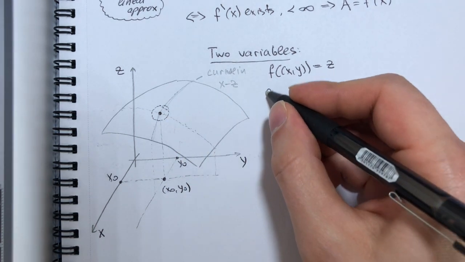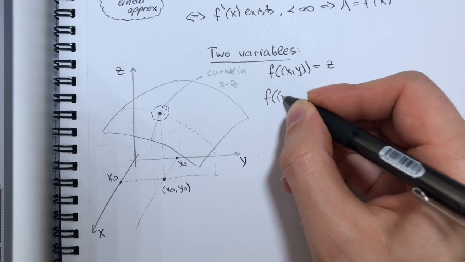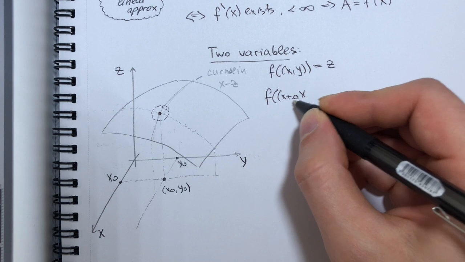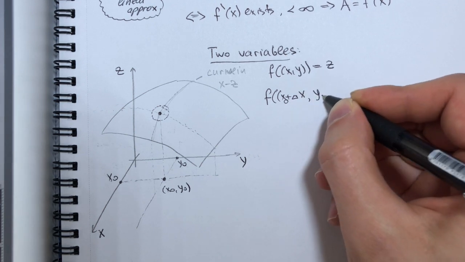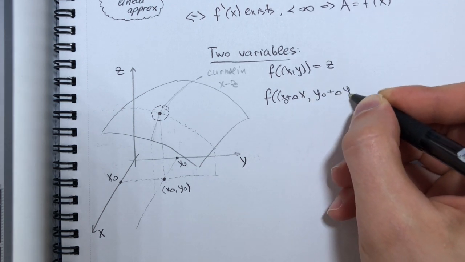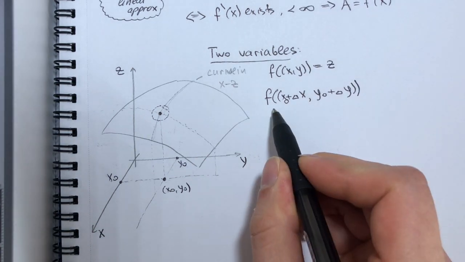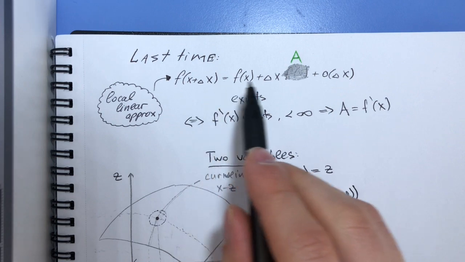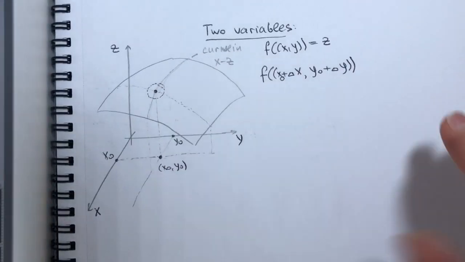In other words, we have a new point where we increase x slightly, so this is x naught, and we increase y naught slightly,